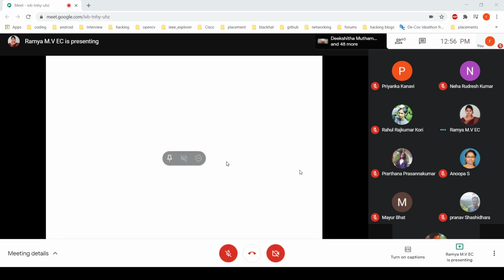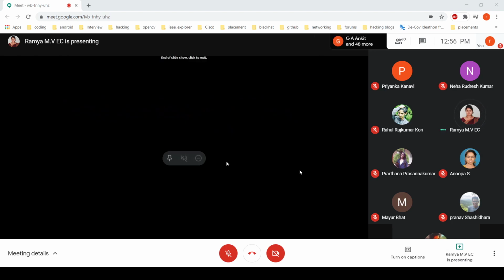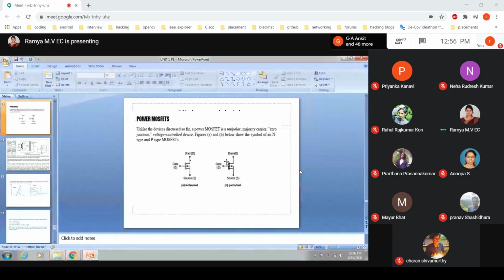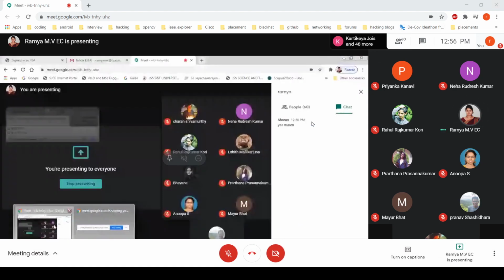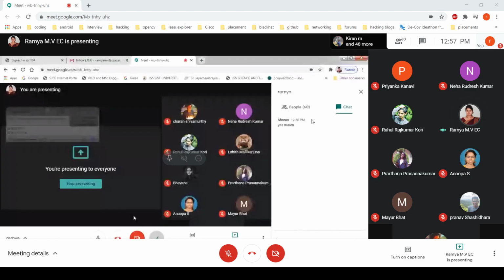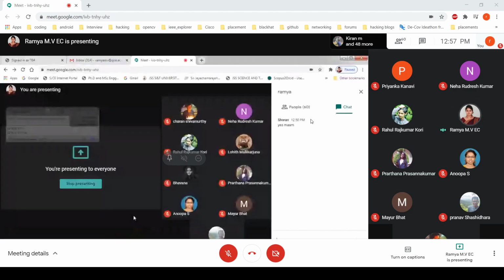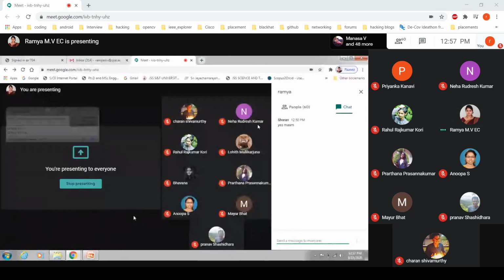Next we have the IGBT. Let me explain that in the next session. Based on this, we have a few problems. I'll first give all the theoretical contents, and some of the problems I'll explain at the end of these theoretical concepts. We'll do all the problems together.